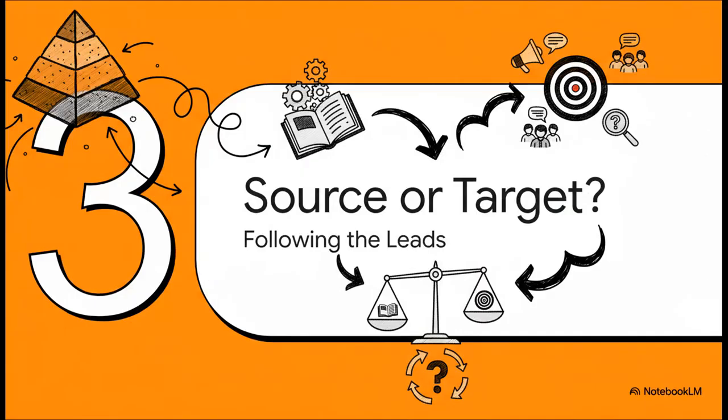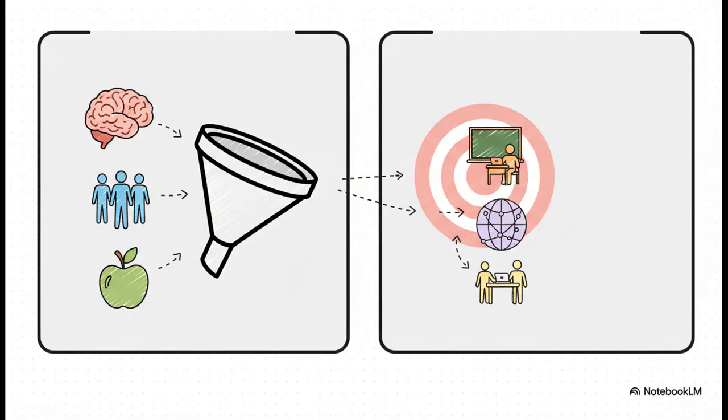Let's dig into the next layer of our investigation, which builds right on top of this tension. It's another classic debate that helps us understand the field's boundaries. Should we define applied linguistics by the knowledge it comes from, its source, or by the problems it's trying to solve, its target? And this just lays out the dilemma perfectly. I mean, if we define the field by its source, we hit a wall pretty fast. Is it just applying linguistics? Pretty much everyone agrees that's way too narrow.